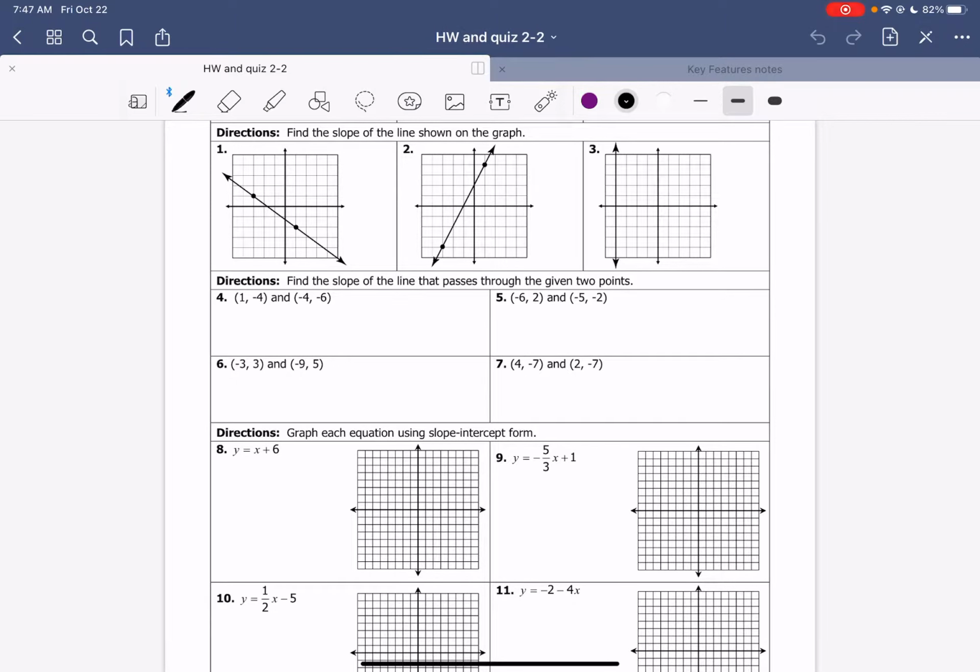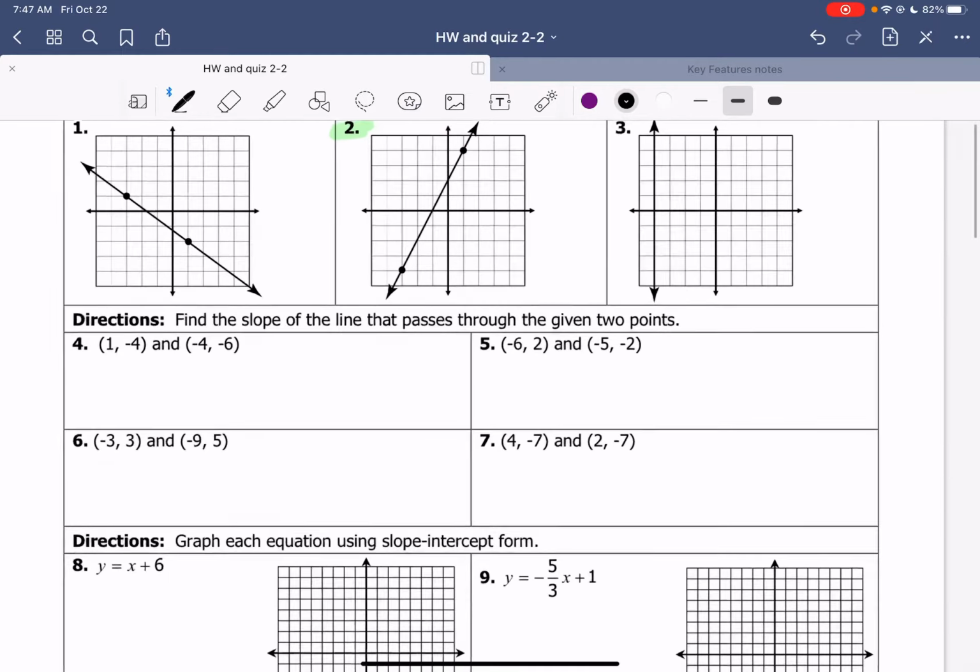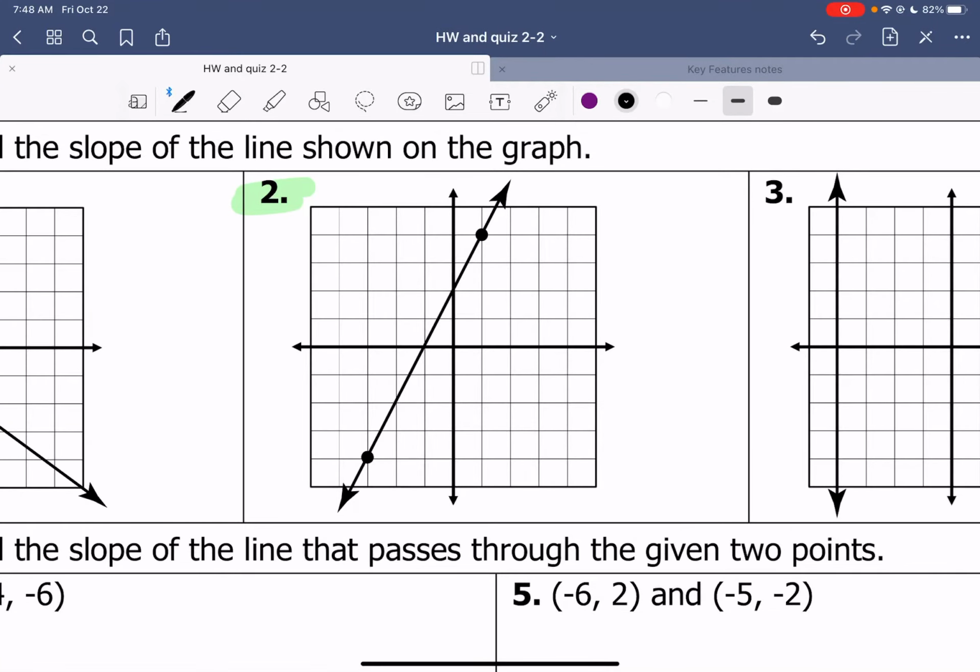So I'm going to choose to do number 2. I'm going to start with number 2. So the first thing I want to do on number 2 is, in order to write this equation, I need y equals mx plus b. And so in order to find this solution, I'm going to need an m, and I'm going to need a b. My m is my slope, and my b is my y-intercept, and I'm going to